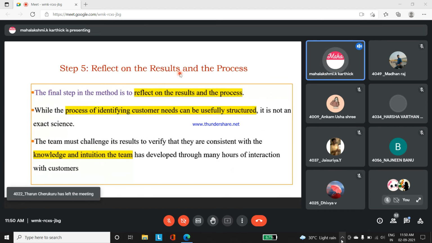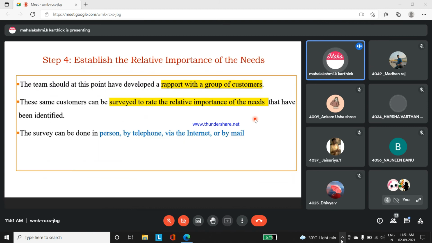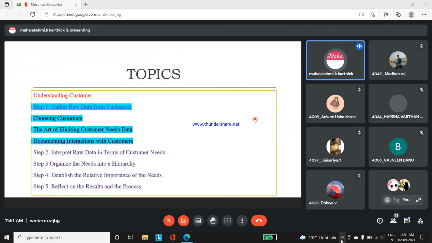Reflect on the result and the process. Only this step 5 will finalize whether we can proceed with our product or not, or whether anything has to be included, or any mismatch in the grouping will be finalized here. So the final step in this method is to reflect on the result and process. To move to the next level, this step 5 is very important. The process of identifying the customer needs properly can usually be structured only in this step 5. Till now we were just organizing, following some guide, gathering the data, choosing the customer,